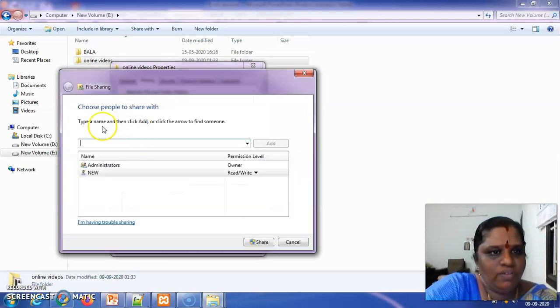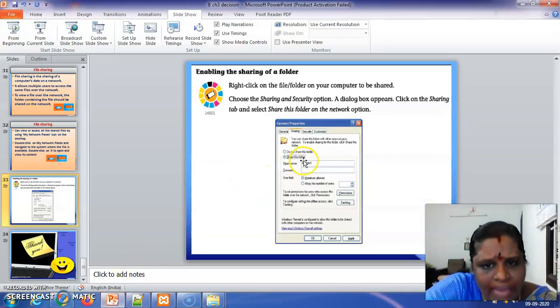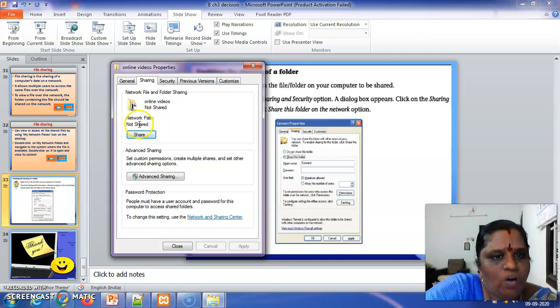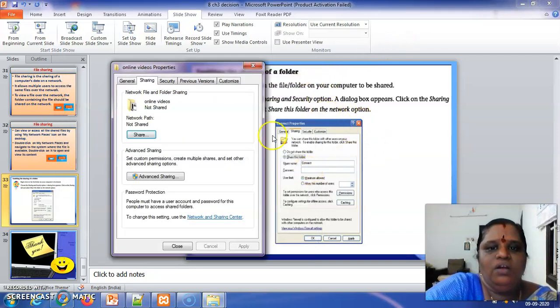Choose to whom you are going to share. You will see your network path and everything. Share this folder, right? In the properties, choose the Sharing and Security option. A dialog box appears. Click on the Sharing tab, and then you can share the file.